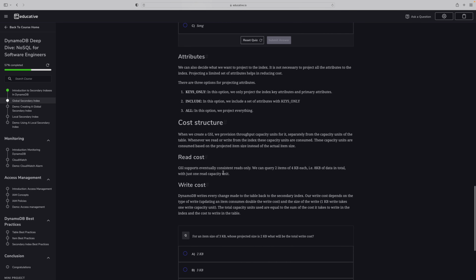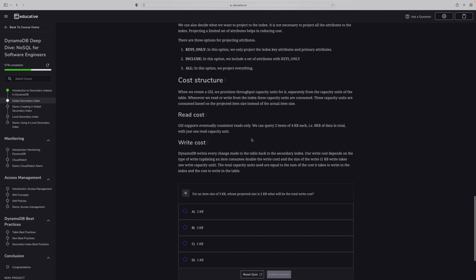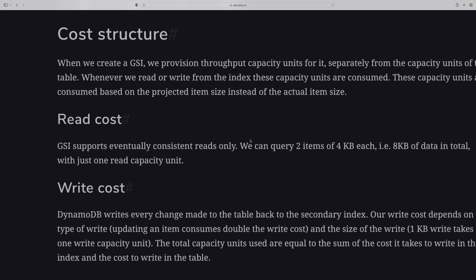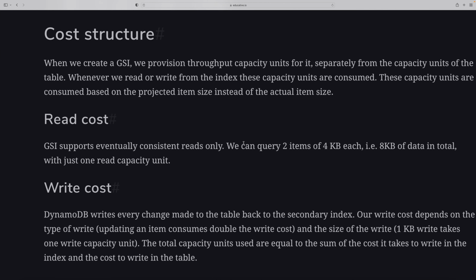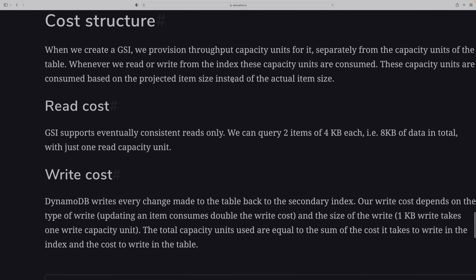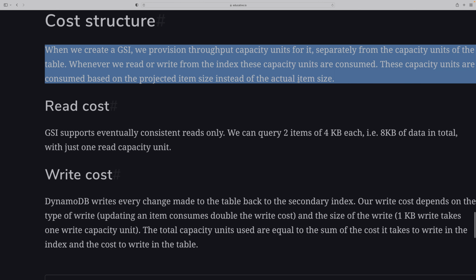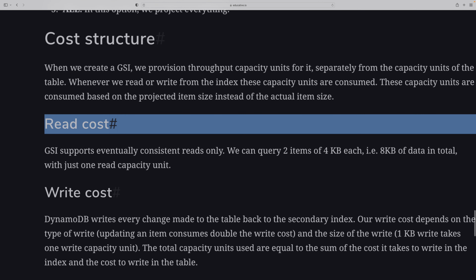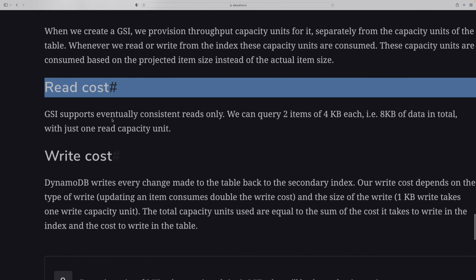Cost structure: read cost and write cost. When you create a GSI, the provisioned throughput capacity units for it are separate from the capacity units of the table. Whenever we read or write from the index, capacity units are consumed. These capacity units are consumed based on the projected item size instead of actual item size. Read cost: GSI supports eventually consistent reads only. We can query 2 items of 4 KB each, that is 8 KB data total, with just one read capacity